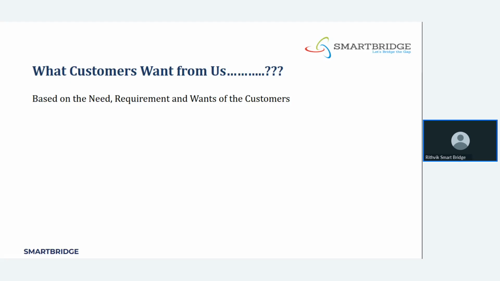Based on that, we are going to plot a graph for a particular hero. We are going to plot a graph for a particular genre. First, we'll try to understand the business, that is, based on the needs and requirements of the customer. We have the data. We are going to drop it in Power BI. First, we need to clean that data. Then we'll be dropping it in Power BI.